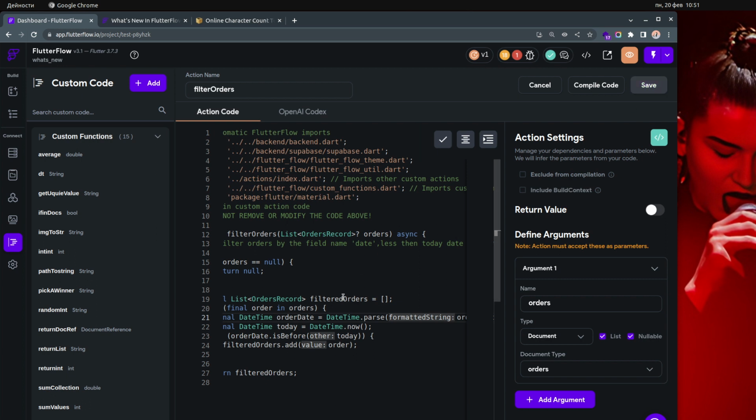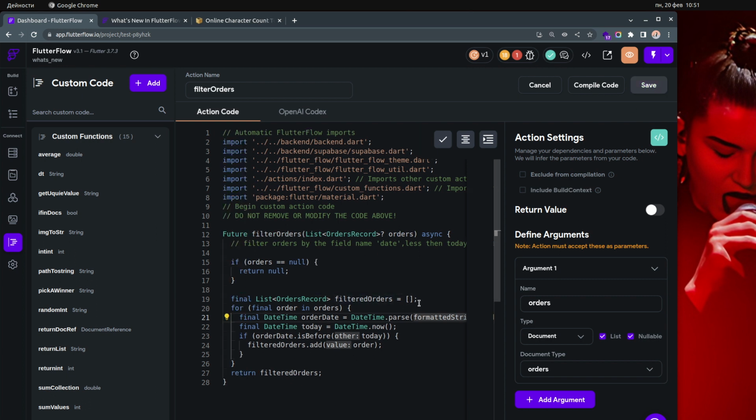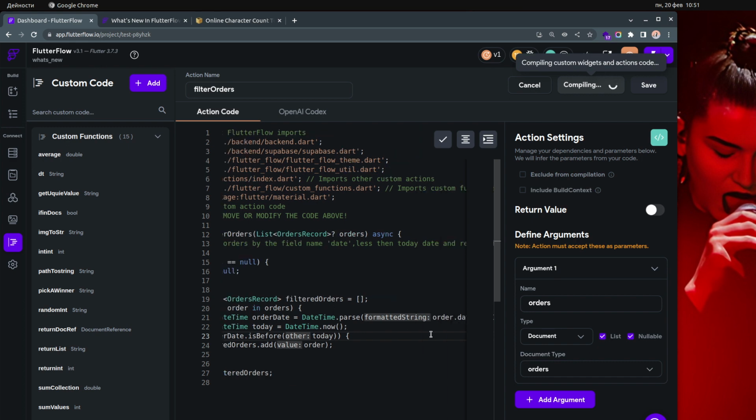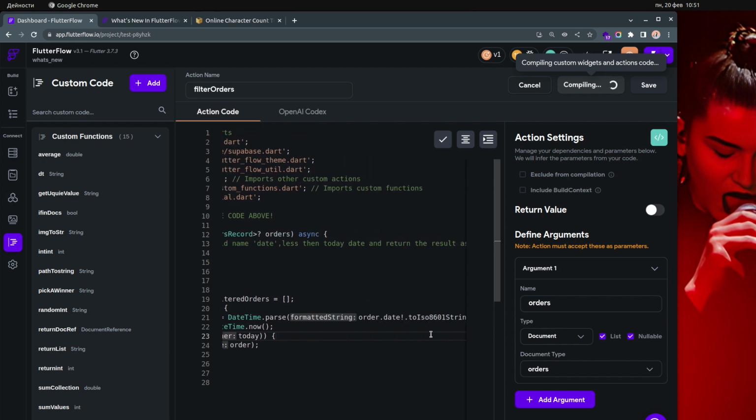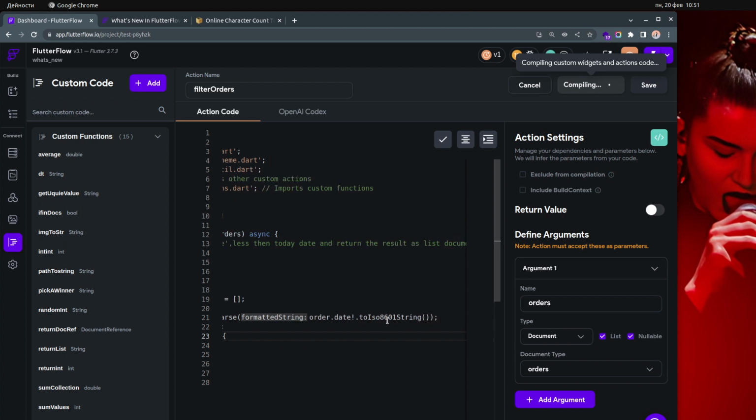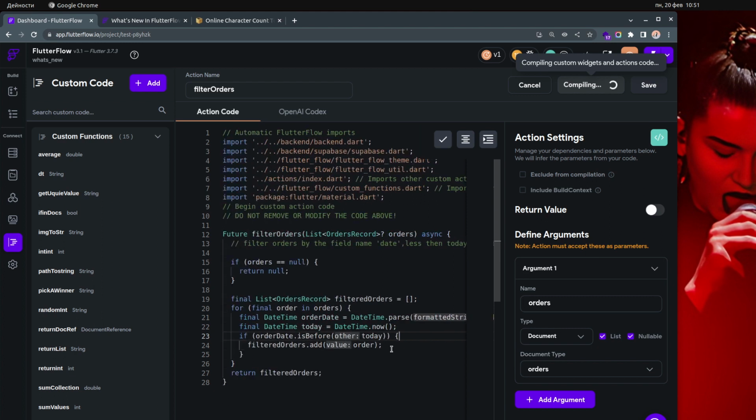But the problem is that we got almost like 90%. We got like 90%. Let me compile this. We got like 90% of the action, but we still needed to actually fix that and write something. So in my